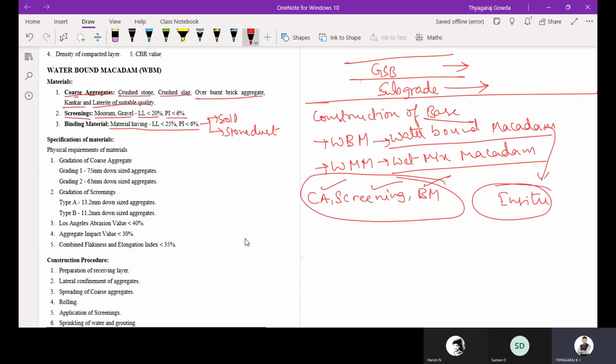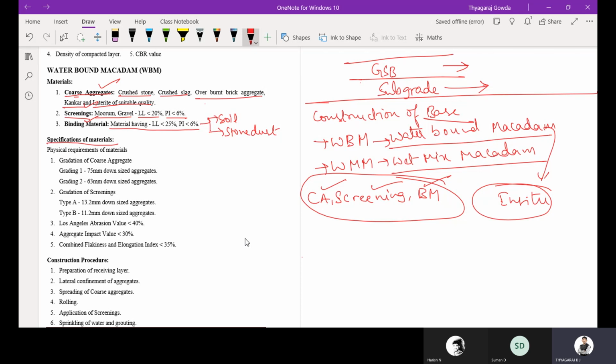So what are the specifications of these materials? We have seen the coarse aggregate, screening and binding material. What are their specifications? We will see one by one. In the GSB layer, we saw the gradation of 75 mm and downsize aggregates used as coarse aggregates.